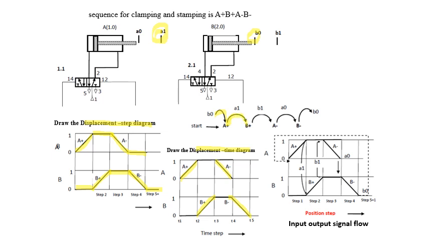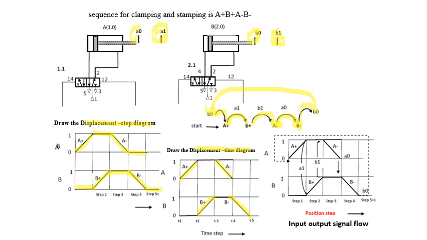When cylinder B goes forward, limit switch B1 will generate a signal. That signal will lead cylinder A to retract back. When cylinder A retracts, A naught will generate the signal. That signal will give input to cylinder B, so that cylinder B needs to retract. When cylinder B retracts, again initially the B naught signal will generate. That is the input for cylinder A to move forward.